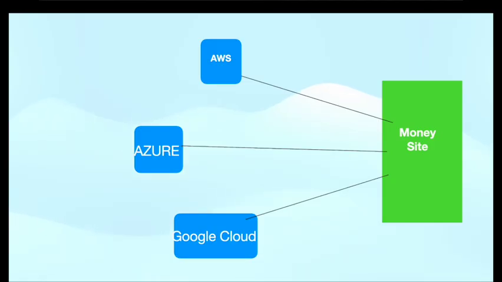Now, if you have a larger site, then you can stack these links. So what you can do is you can have AWS pointing to Azure, and then Azure pointing to Google Cloud, and then a single link from Google Cloud going to your money site. Or you can have 10 links from 10 different providers go directly to your Google Cloud link, and then from your Google Cloud site, you link directly to your money site. And that's, in a nutshell, how you can build